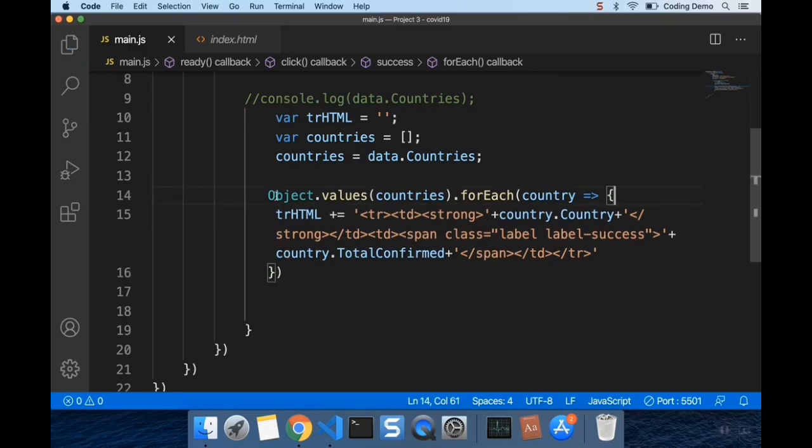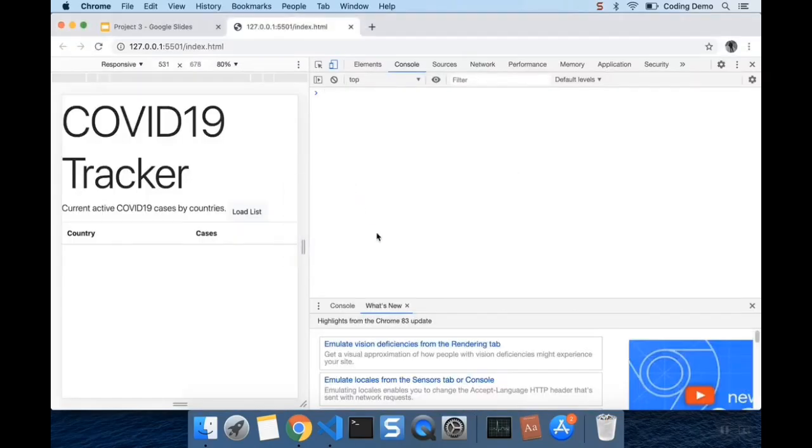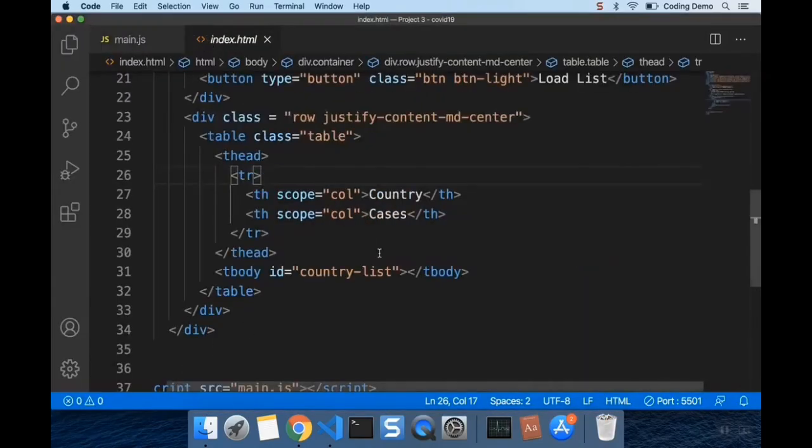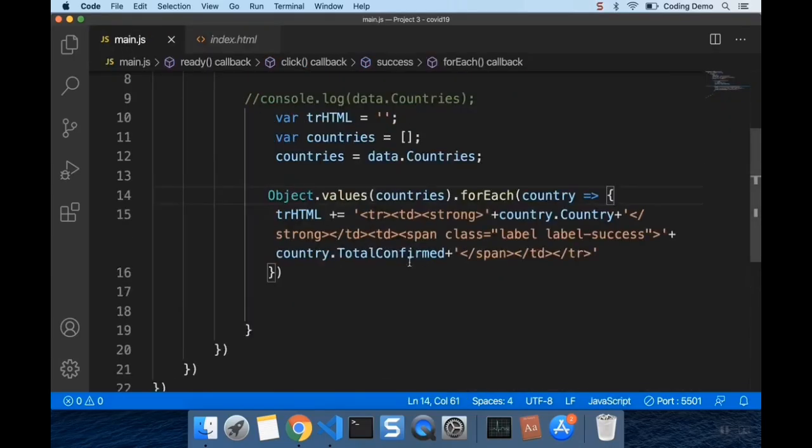Great. Now what we have to do is append this to the table data, right? So if we select the index.html, we have to append this to the table body. I'm sorry, we have to append the table row to the table body. So the table body, we have given an ID of country list. So what we can do is, outside of this, we can say jQuery, call this by ID, it's country list,